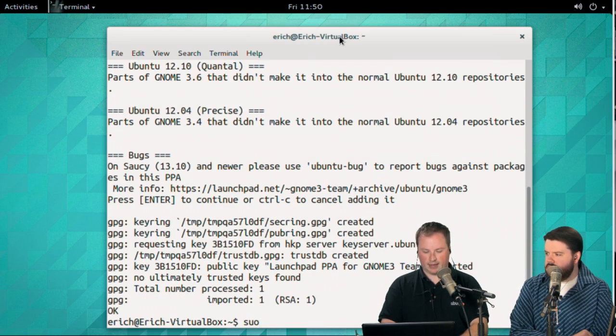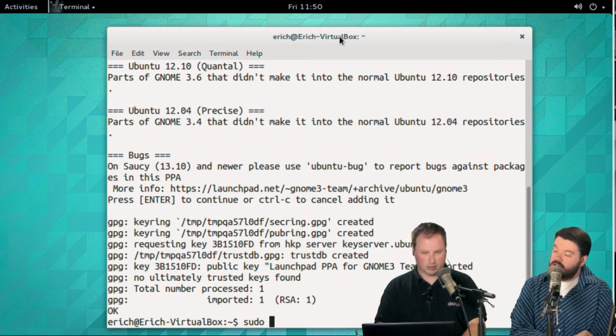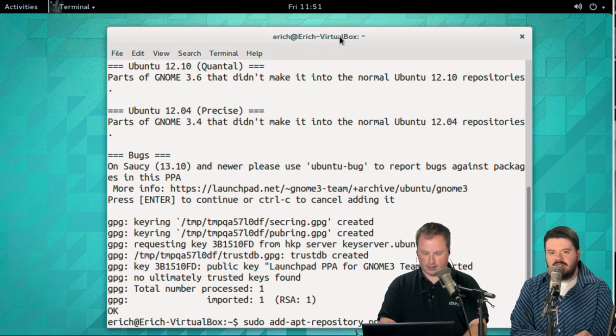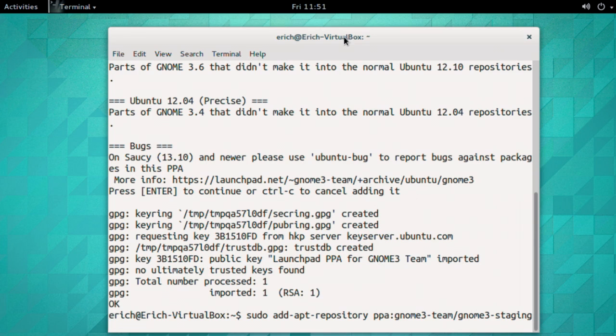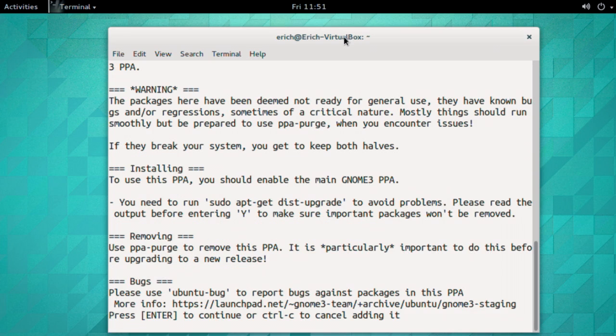We're also going to want to add the GNOME 3 team staging repository. So that's sudo add-apt-repository, and then I see it's ppa:gnome3-team/gnome3-staging. I have to fix that in the notes. And we have it there in the video for those of you watching. Okay. So now we're adding 2 PPAs to your Ubuntu rig after you've installed GNOME, not before